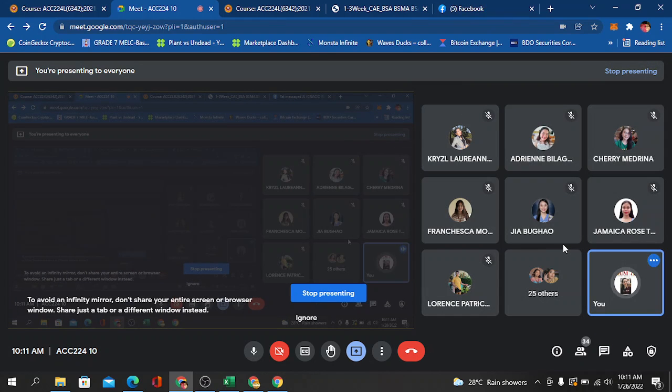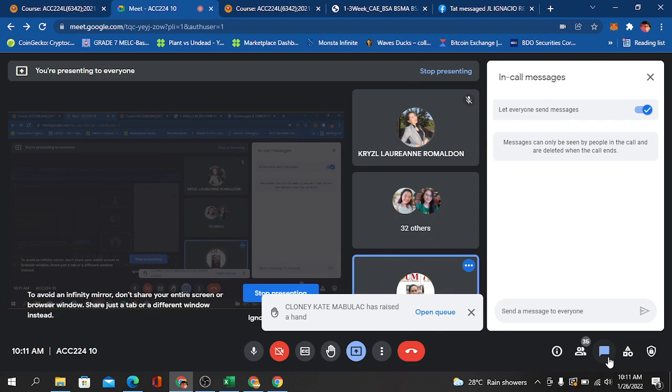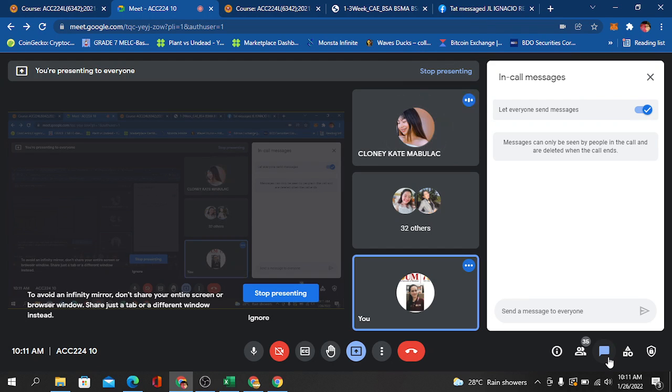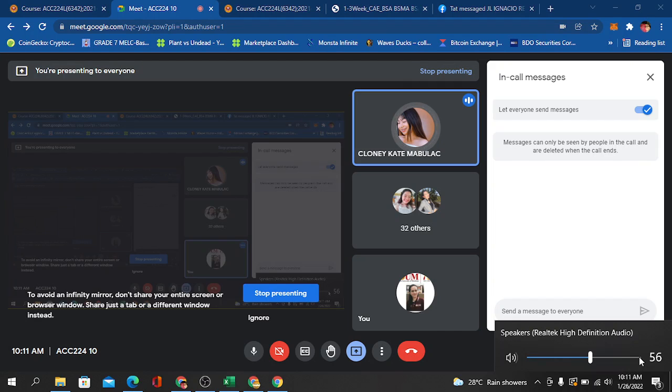Okay, give me example of data and information. Data and then how it is processed to become an information. Anybody? You may raise your hand. Yes, mabulak. Nagre-record ako ha. One of the examples of data, ma'am, can include the name of the customer, and one of the examples of information can be also customer information. So from the data, which is the name of the customer, you can input the data and it will be processed to the information.